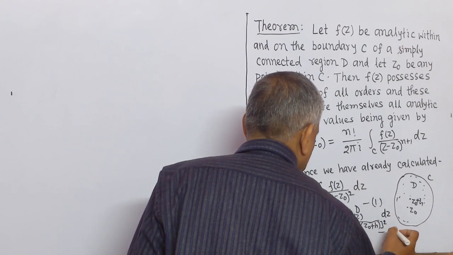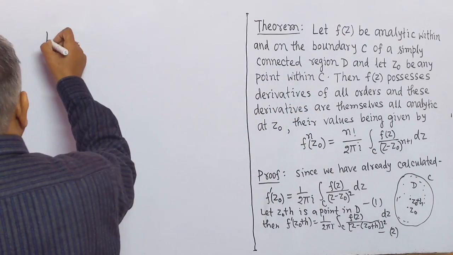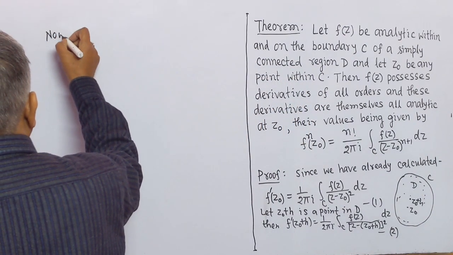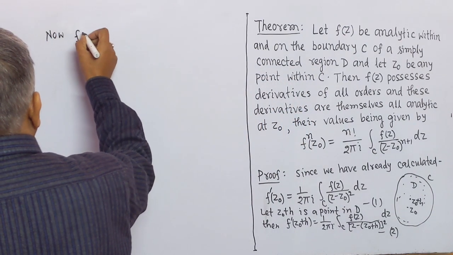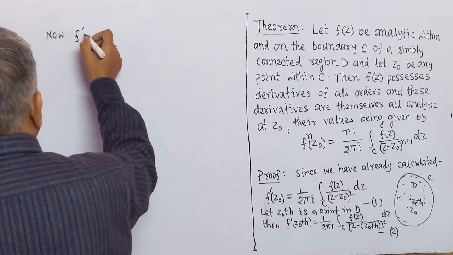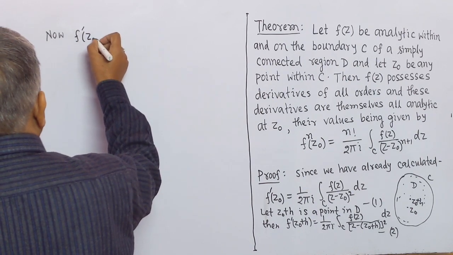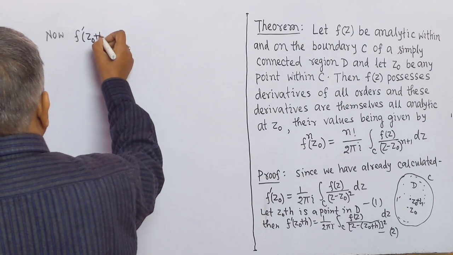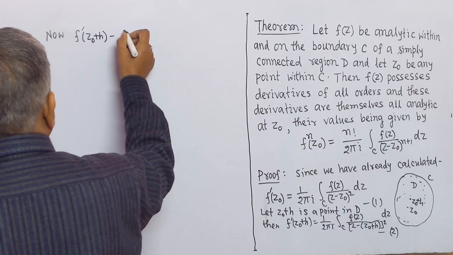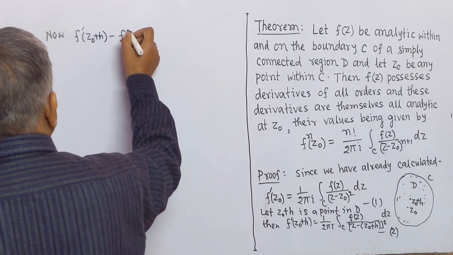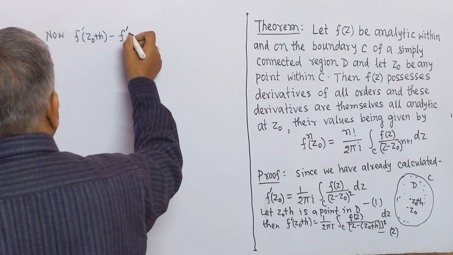Let this be number 2. Now the derivative of f(z) at the point z equal to z naught plus h minus the derivative of f(z) at the point z naught